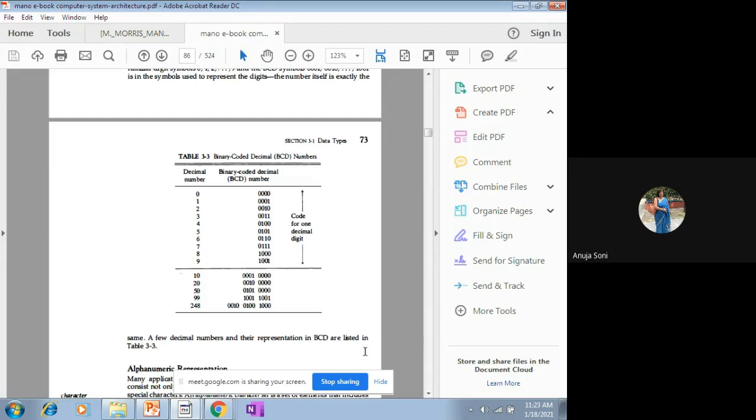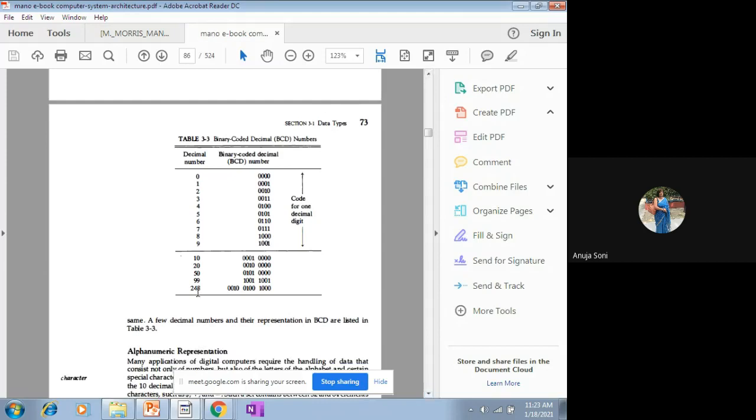Fine. Say we take one example, the number 248. This is given, and you have been asked to convert it into binary code, and also into BCD form. So how will you convert it into binary code? This is the given decimal number 248. In order to convert it into binary code, you will have to successively divide this number by 2, and whatever remainders are generated, you will have to reversely concatenate all those remainders in order to get the final value in binary code form.